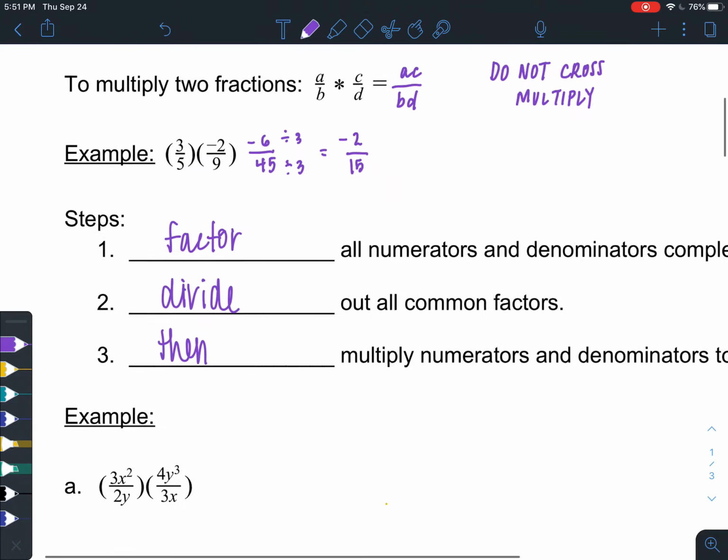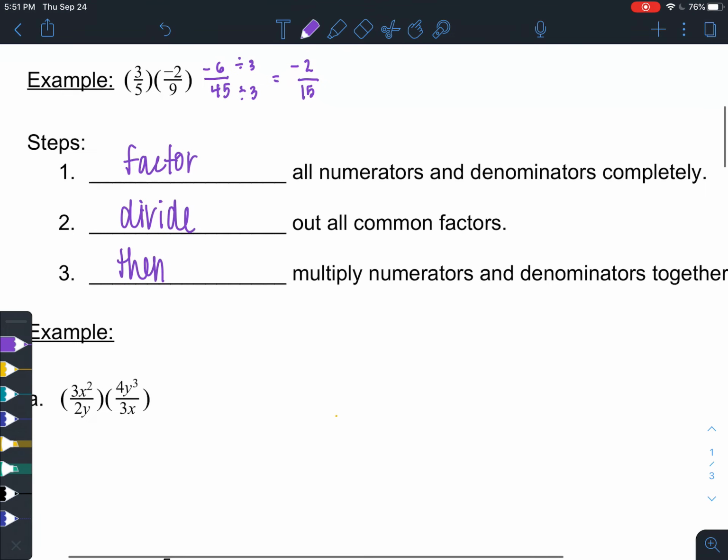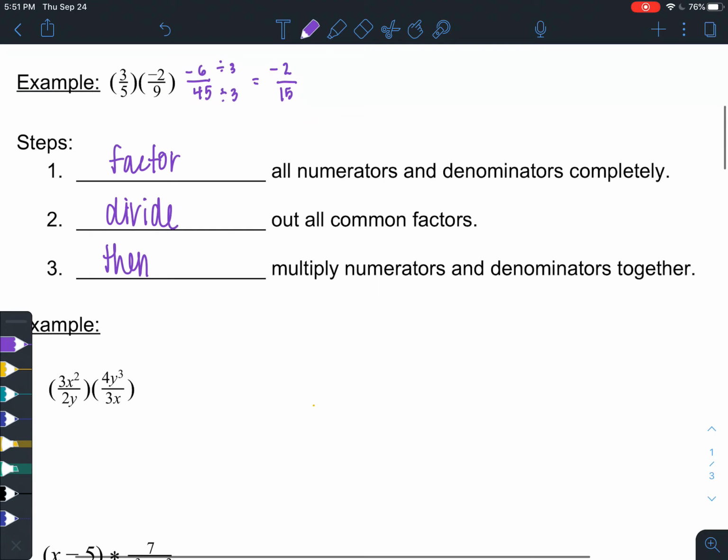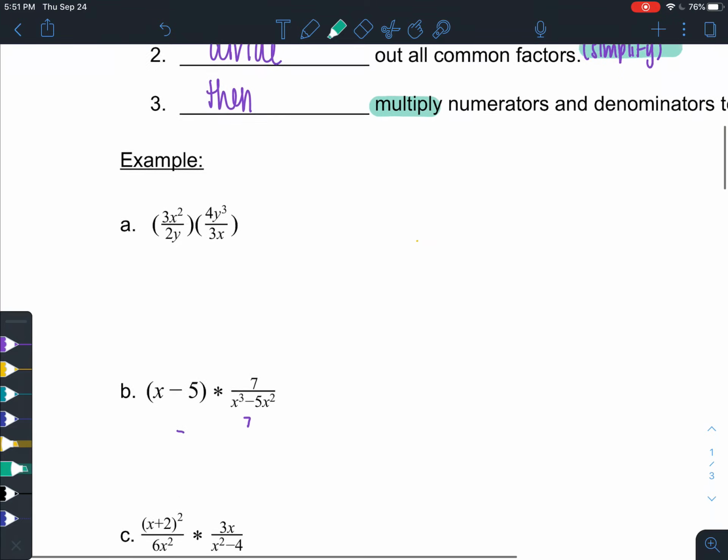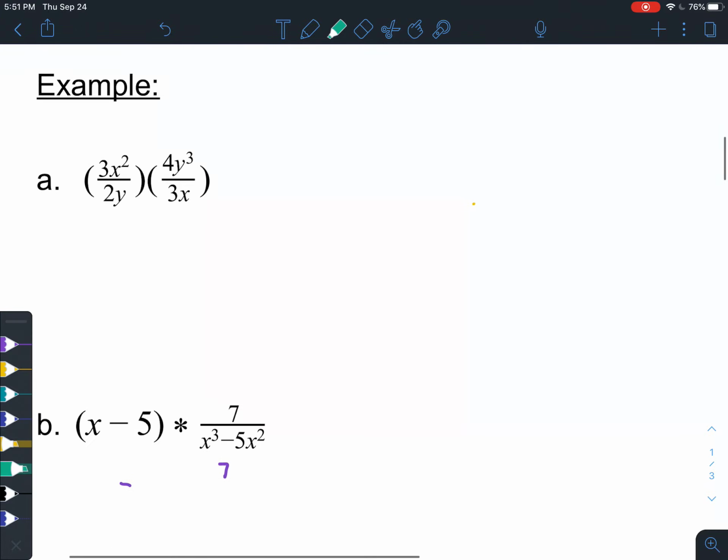So it's easier first to, here are the steps, factor, then divide, and then multiply our denominators together. So if you're trying to remember just by one word, we're going to factor, simplify, multiply. So I'm just going to say factor, simplify, multiply. So for our first example here, let's go ahead and factor. There's really not anything to factor for this, so we are just going to